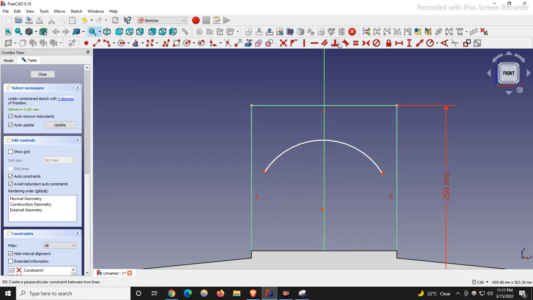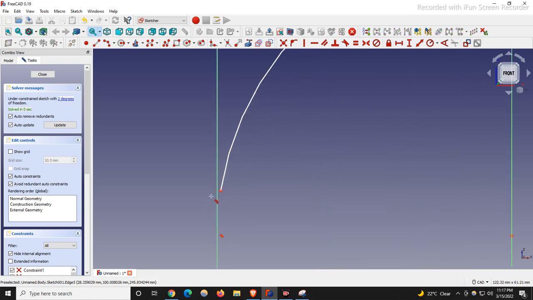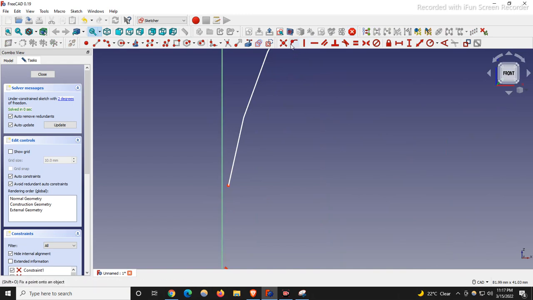I will make it tangent with this, and I will make coincidence with this point. Make tangent with this. Let's see. So make coincidence with